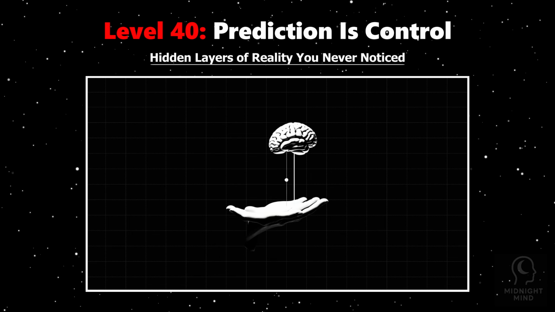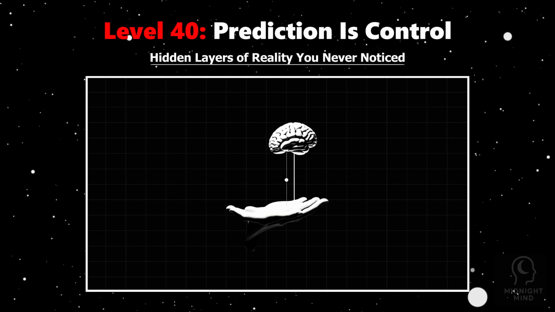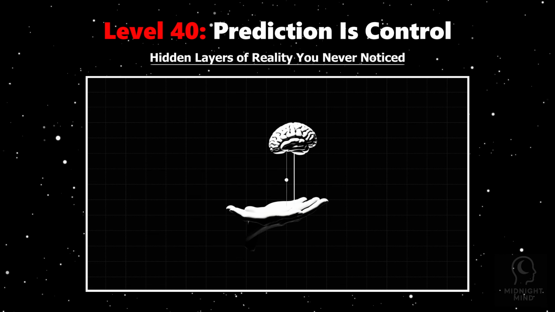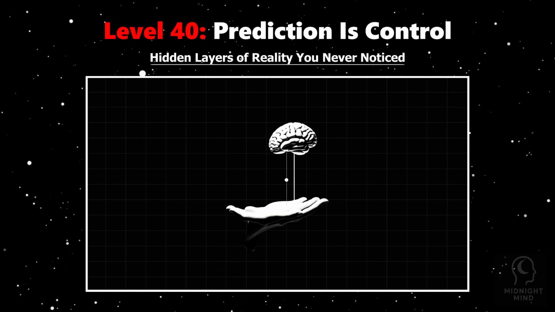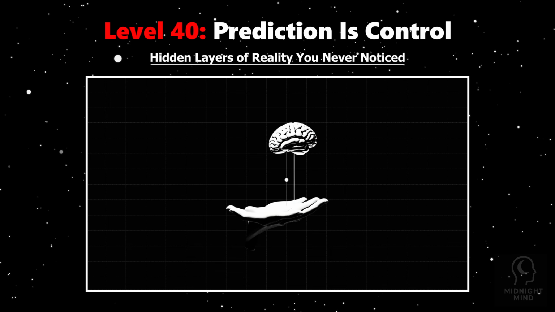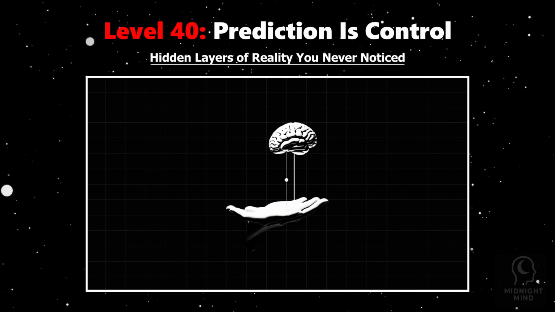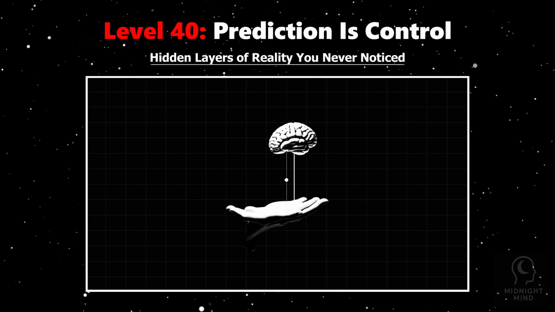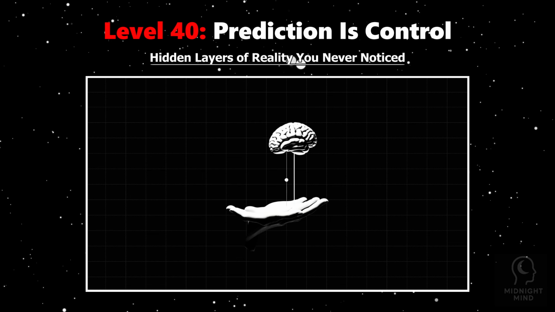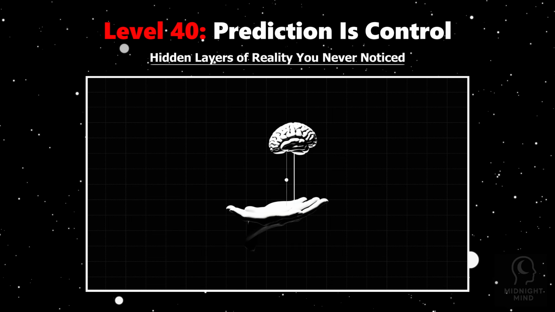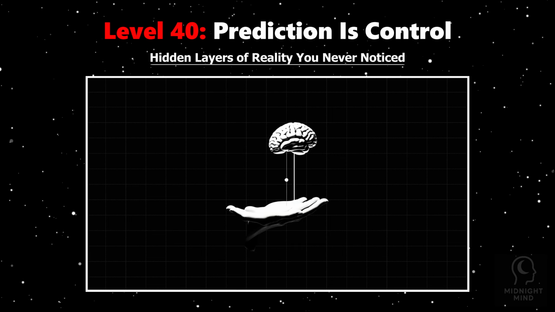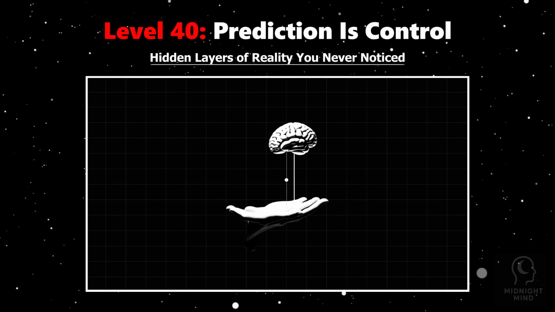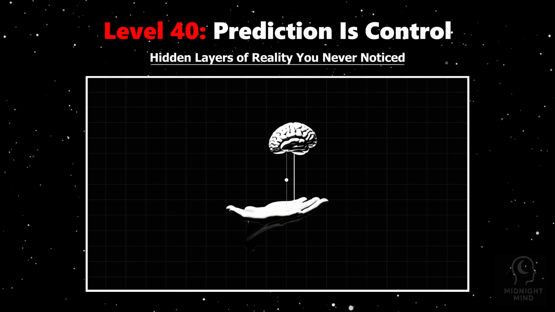This system speeds reaction time, letting you navigate a chaotic world efficiently. Yet it also opens the door to illusions, false memories, and biases as your expectations distort reality. This interplay between prediction and input shapes your conscious experience, blurring the line between what is and what might be. Your reality is a blend of truth and expectation, your brain's best guess woven into every moment. Understanding this reveals how control isn't just external, but rooted in your mind's ceaseless dance of anticipation and interpretation, shaping your reality before it even arrives.